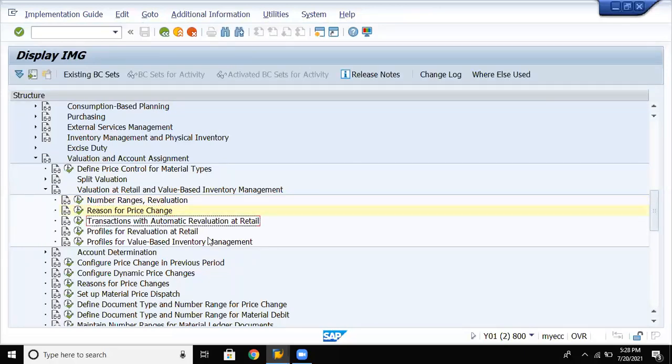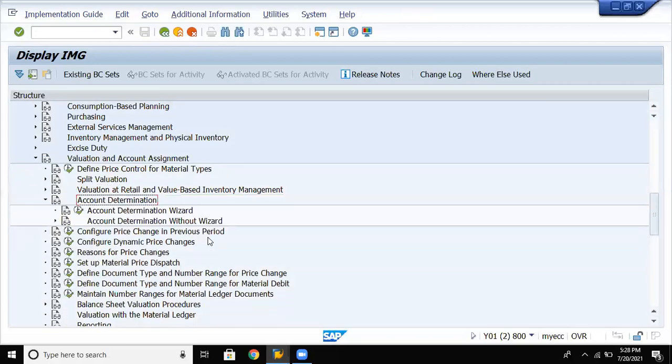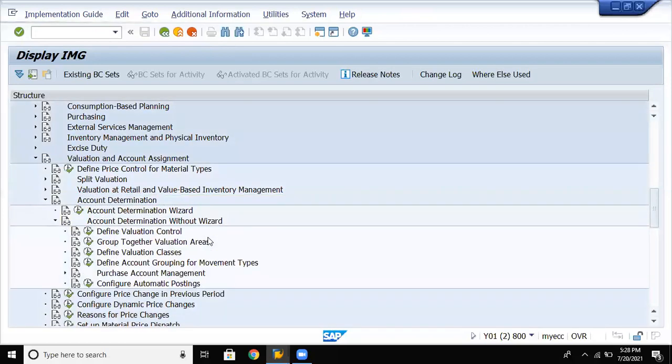Now account determination. So basically here we maintain the integration part. So here FI-MM integration takes place. So valuation is again all about your finance, you're playing with figures. So here we have to maintain the GL accounts, chart of accounts, your valuation class, etc. So basically in real life, the FI team will have to be integrated at this part. So let's see how to maintain these settings.